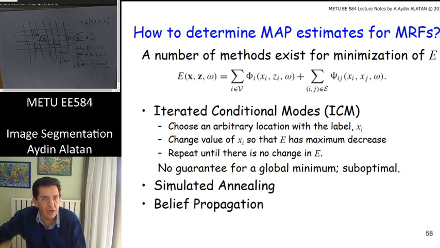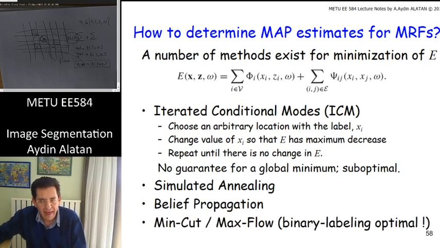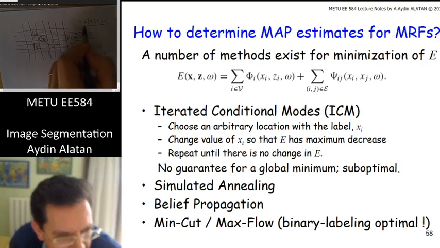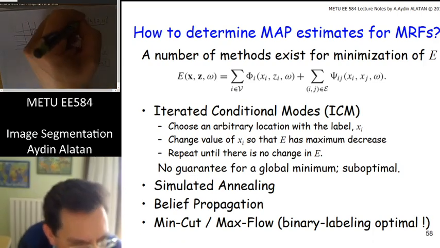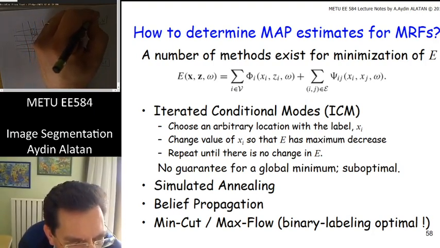As for some time it was working good, but no proof or no guarantee for optimal solution. And for the min cut max flow algorithm, we have a solution for optimal result, a guarantee for the optimal xi's, and for binary problems, let's be careful on this. In other words, this is not a binary problem. This is n labels, but if your xi is only having 0 and 1, this is a